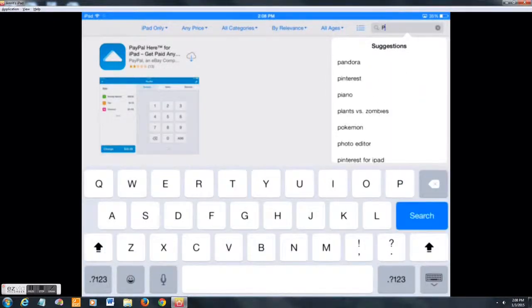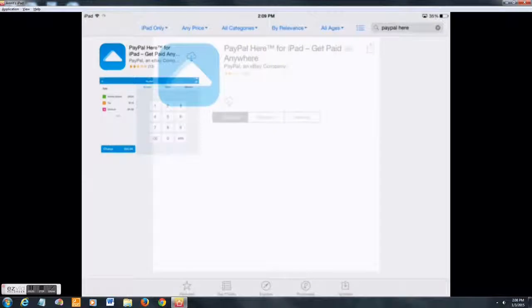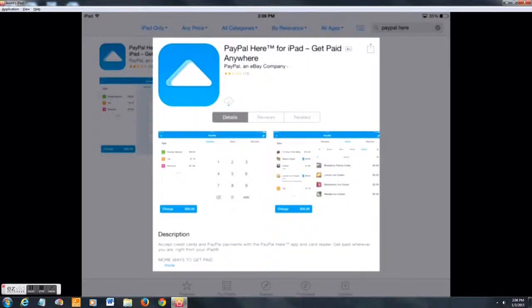In the search bar, please go ahead and type PayPal here, and there should be only one or two suggestions that come up. There's an iPad version of this app as well as an iPhone version. I'm using the iPad version for demonstration. So go ahead and download the app